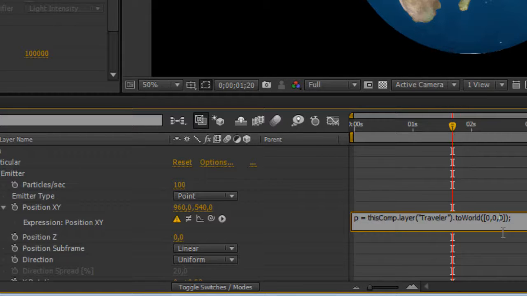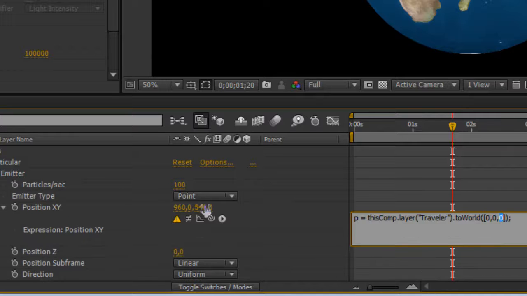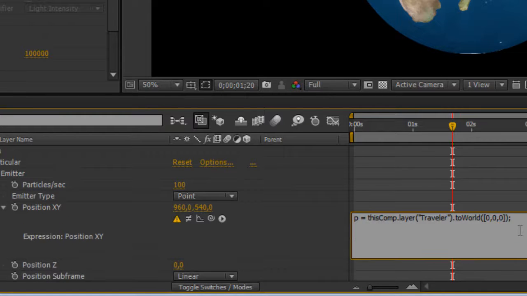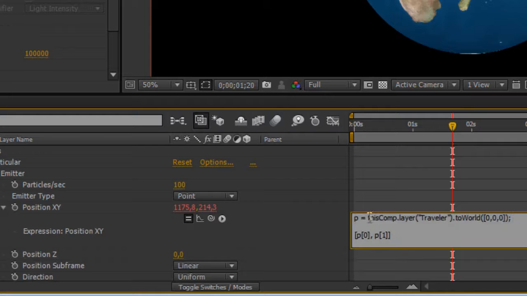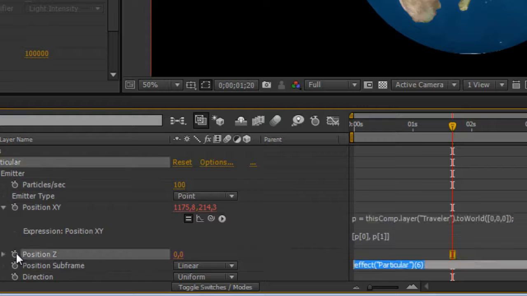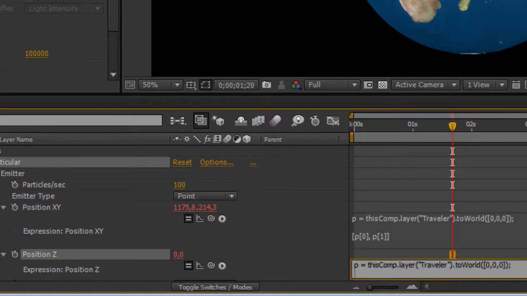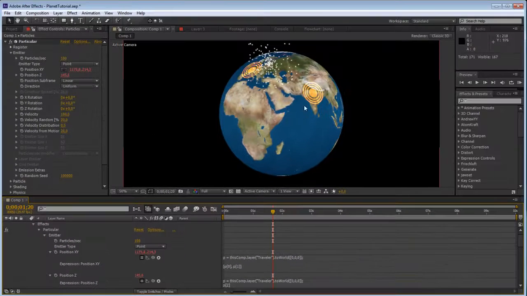Right, and then because this is an X and a Y value, we're just gonna go in between brackets P1, actually 0 for X, and P1 for Y, like that. Right, and then we can just copy this and paste it for the P, and then just go P in between brackets 2, like that. So then it follows that